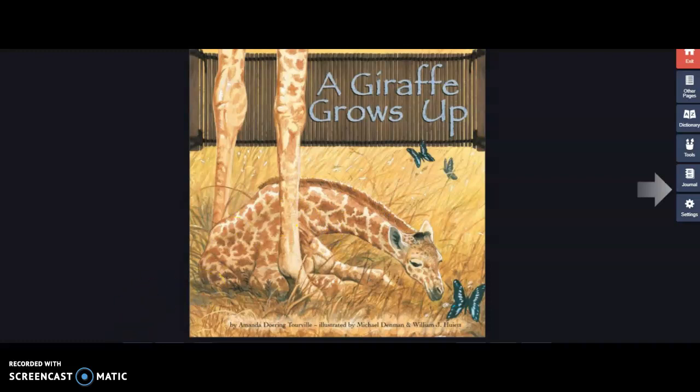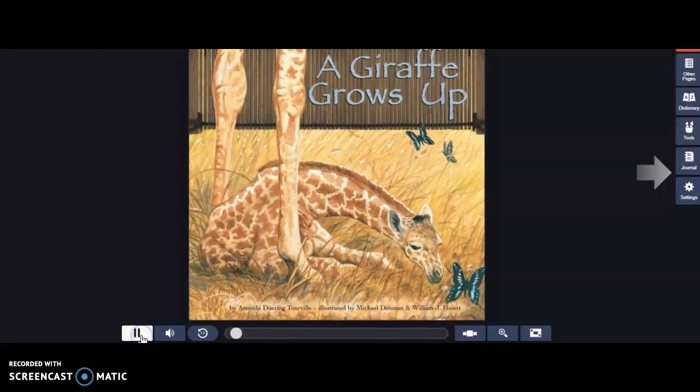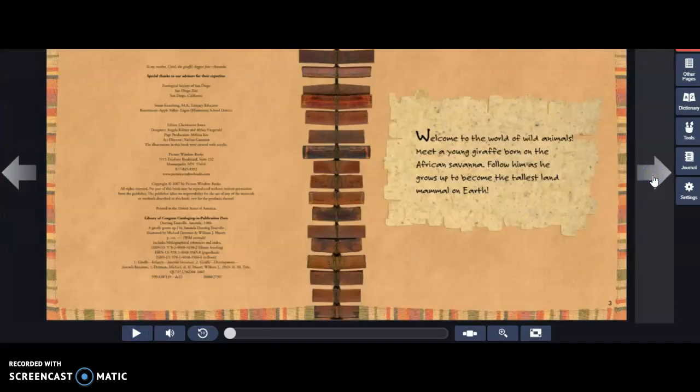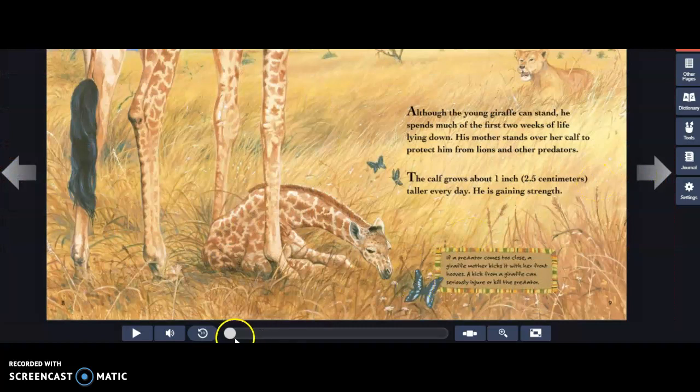it's going to start down here with the play button, and it will read it out loud to you. You can also, if you prefer to read it yourself, just keep clicking on the arrow button and go through the entire book, and it'll read it all to you. And when you're done,